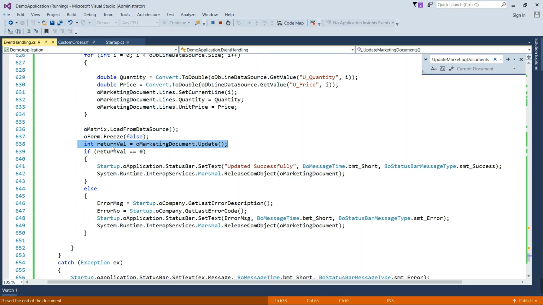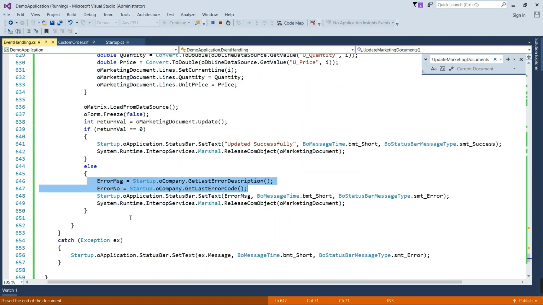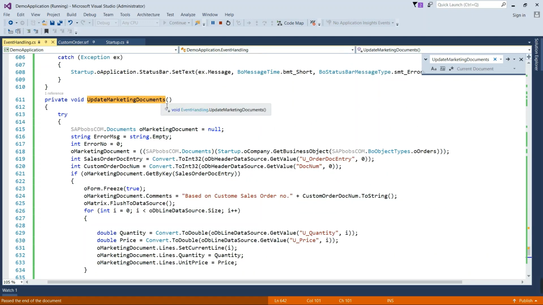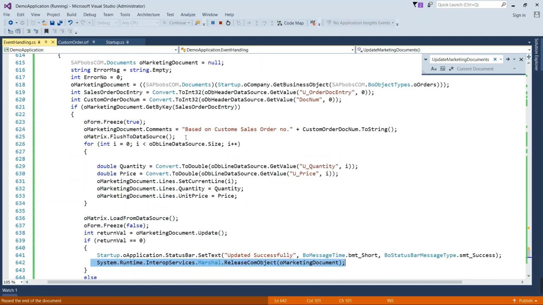Once the document updates successfully, the value will return as 0, and if not, it will return some error message and error code. You can release your object here as I have done so that a memory problem will not be created. So we have created this update marketing document in this way.